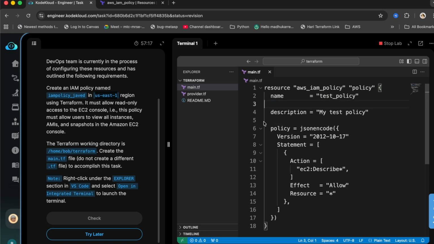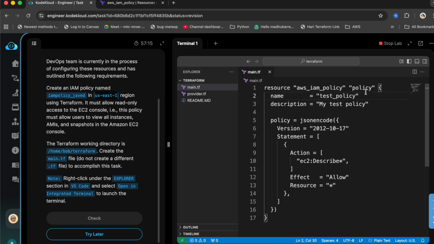We don't need path, and then we need to give this policy name, this one. This is a resource name, so this is just for Terraform's understanding. So just put whichever you want, because they didn't specify anything here. And the policy name is this one. You can just give some brief description. Gives read-only access,